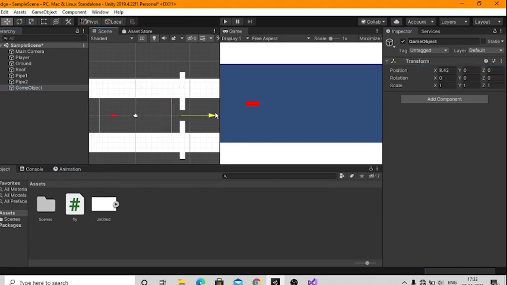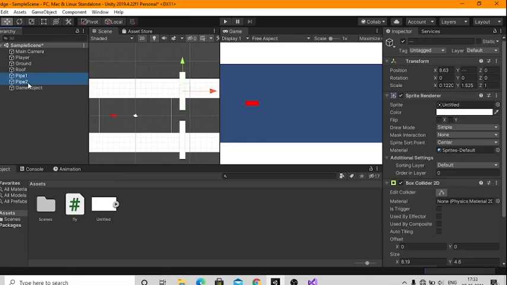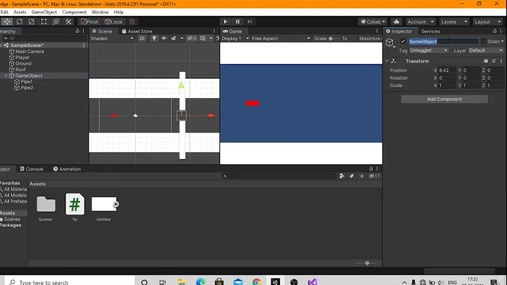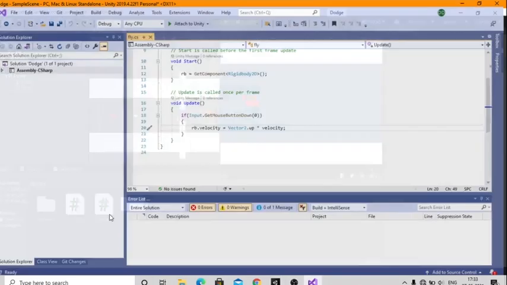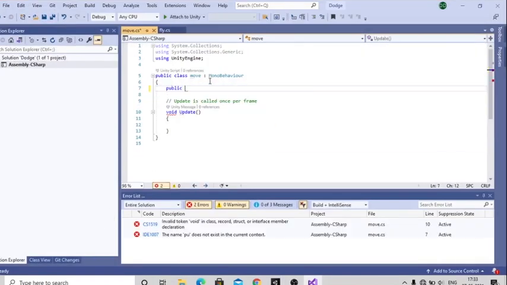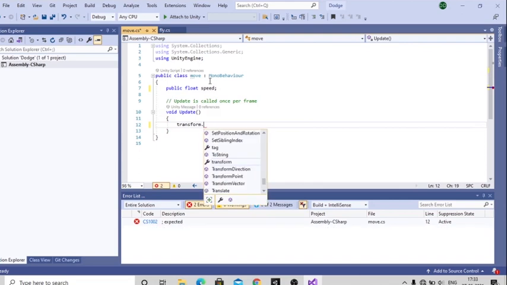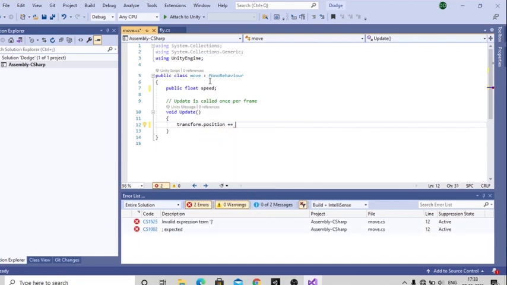Create an empty game object pipe and place the pipes inside it. Add a script move to it. Here we only need to move the pipe from right to left.